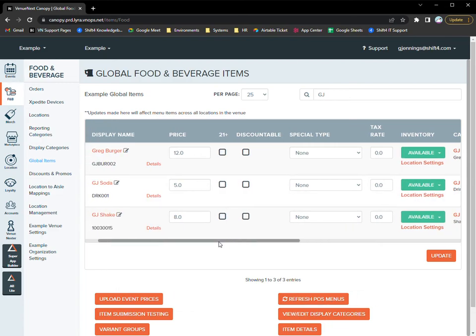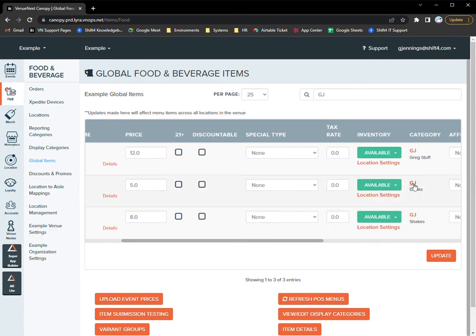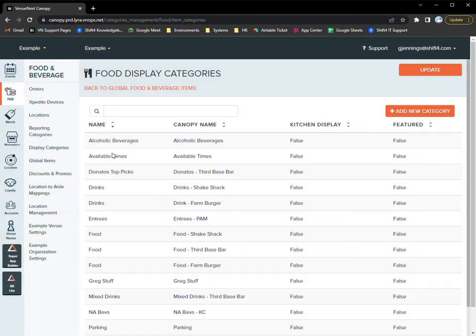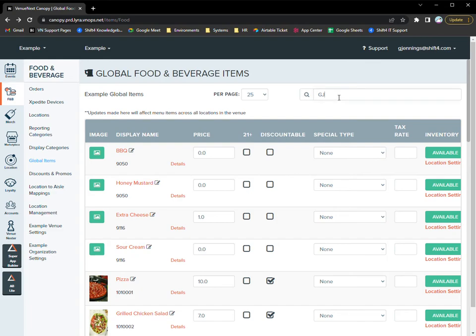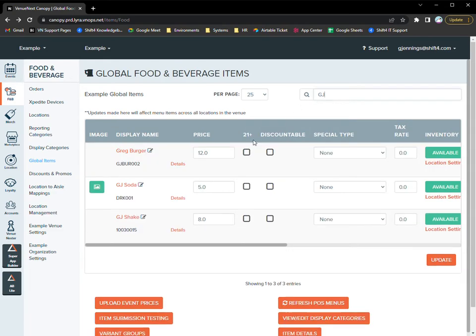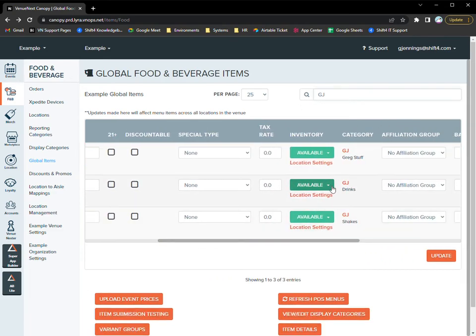If you did want to have a look at our categories, let me just go back to display categories. I'll go into the display categories through the link on the left. So these are all our display categories. It's a slightly different looking screen. You can get to this screen the other way. If I go back to my GJ items and I go back to my category screen here,